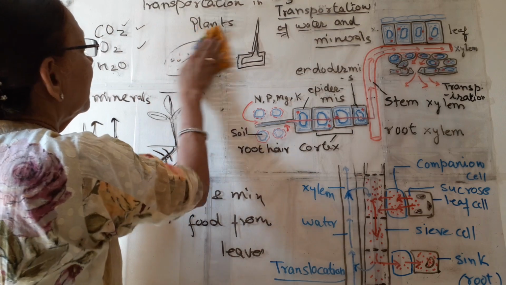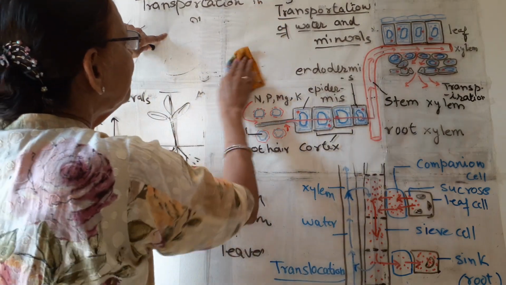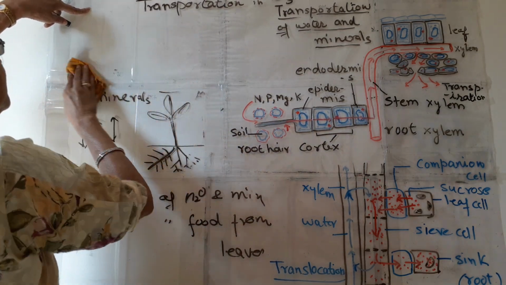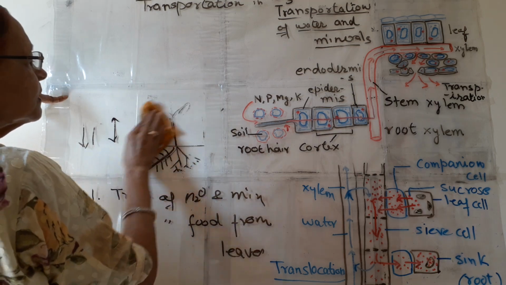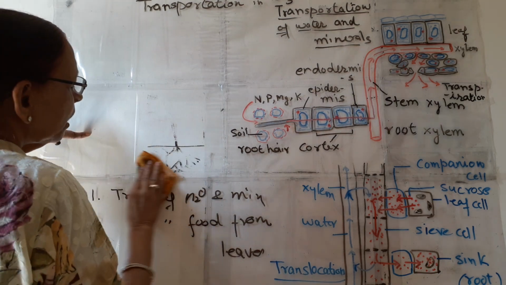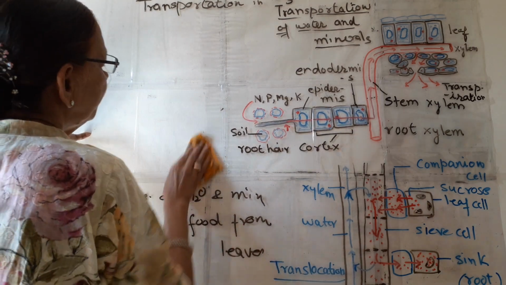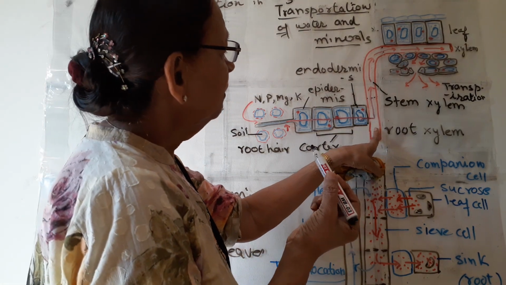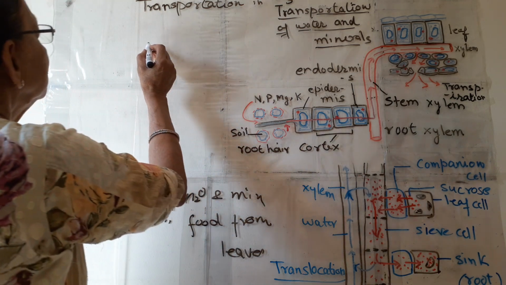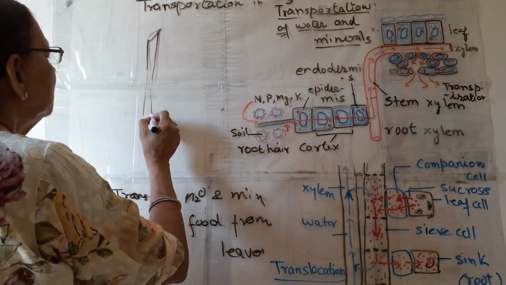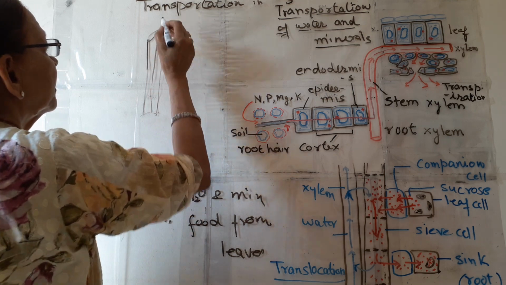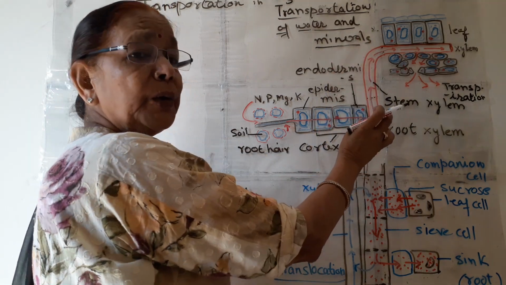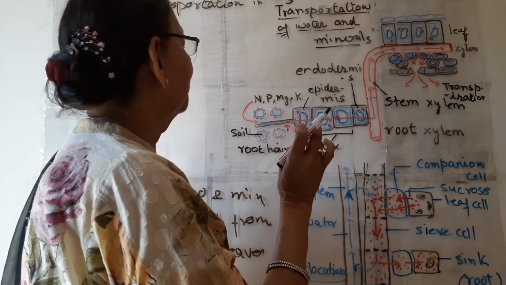All of you know xylem is made up of 4 types of cells: xylem fiber, xylem parenchyma, tracheids and vessels. So vessels and tracheids form a continuous channel for water movement. These are the vessels and tracheids of xylem. This is a vessel, a pipe-like structure, and tracheids. Both are pipe-like structures and they form a continuous channel for water uplift.